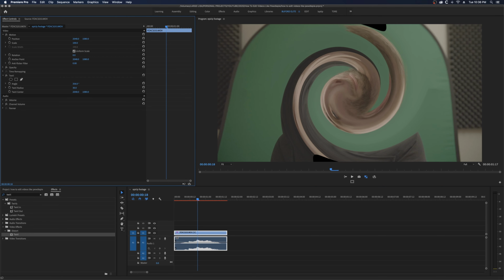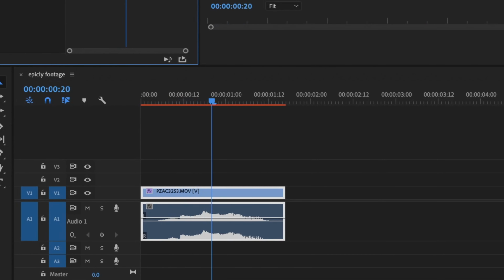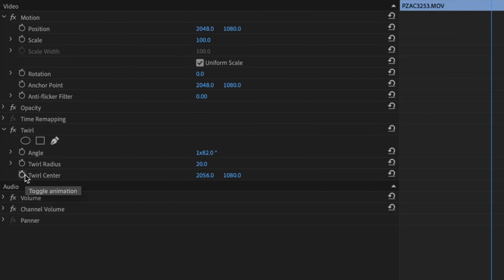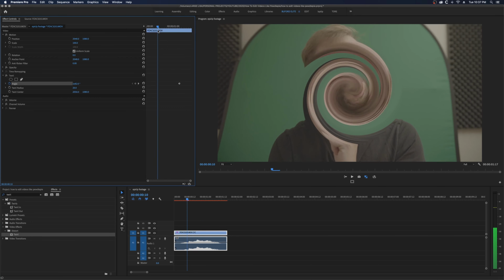Let's see where we want it to end up. That's pretty good. Oh God. So what I'm gonna do is scroll to where I want the twirl to stop. Probably there. Let's try that. Then I'm gonna set a keyframe. So I already have the twirl. So I'm just gonna keyframe the angle, and then let's go back to the beginning where it starts, right on